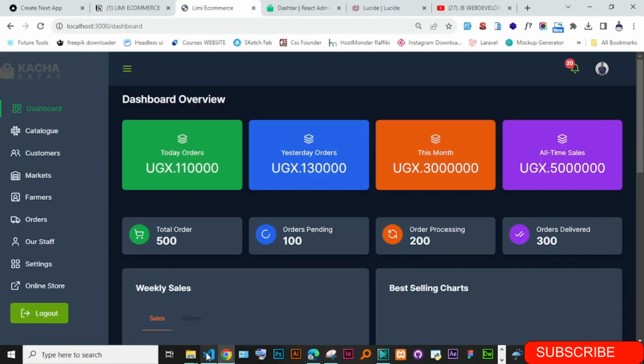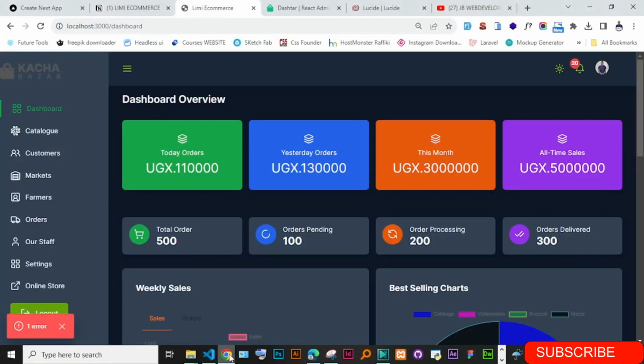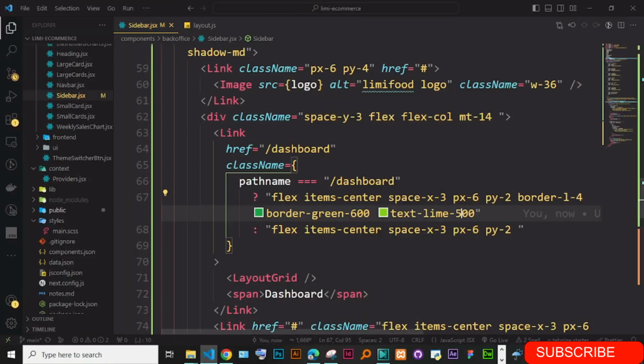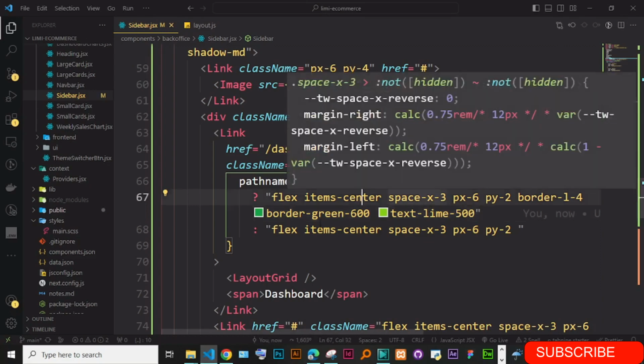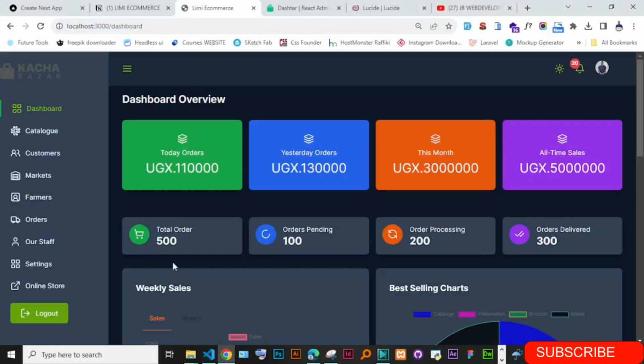Okay, let me just have this as lime, and I see lime like 500. Okay, I think this is just nice. Then even this one, if I make this lime 600, and